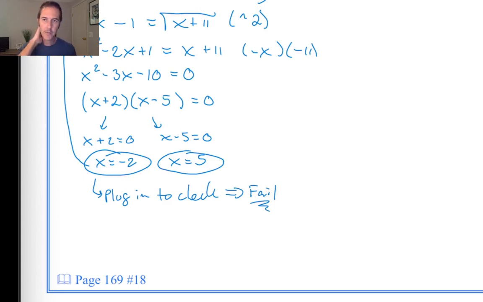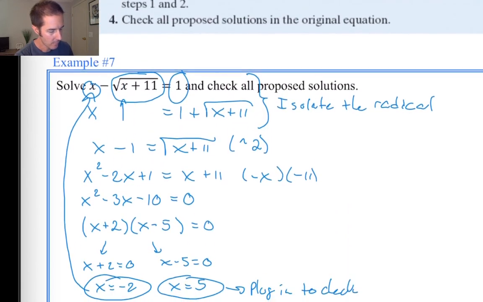When we plugged in an x value of -2 into our original equation, it failed. It did not satisfy the original equation. Now let's try x equals 5. If we plug in the 5 to check,